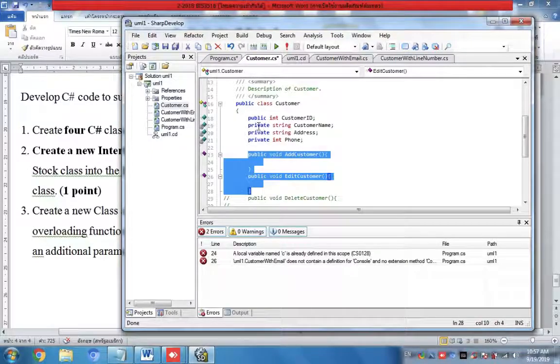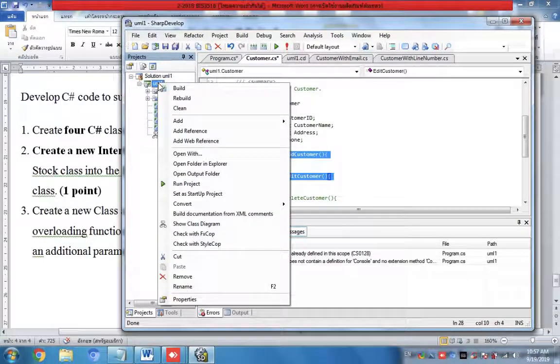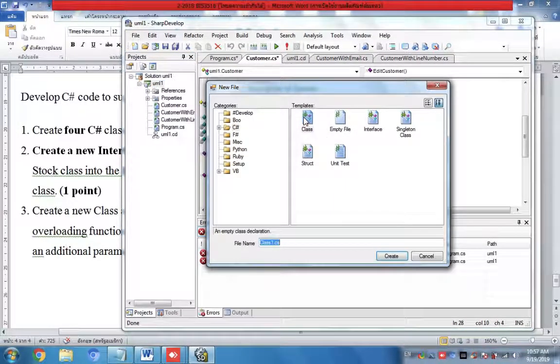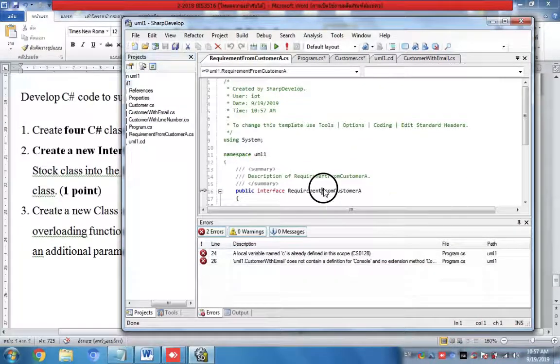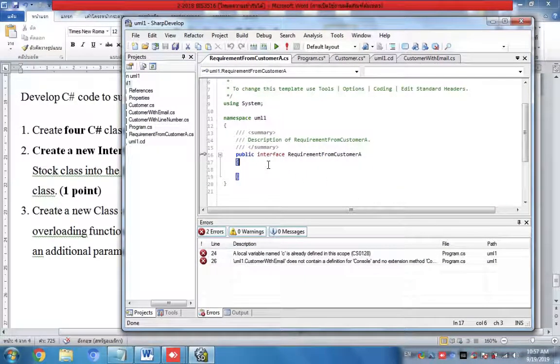Okay, this is the deal. So go ahead and right click, new item. Now instead of class, we are going to put interface, and then I'm going to call it requirement from customer A, for example. So that's going to be my interface. And in here we include only function or method